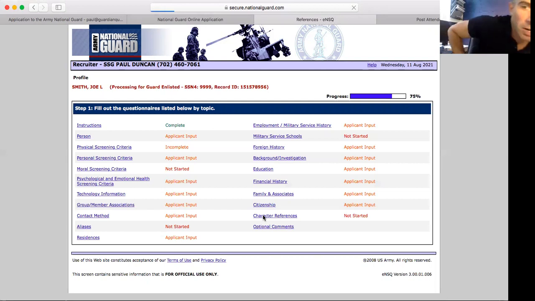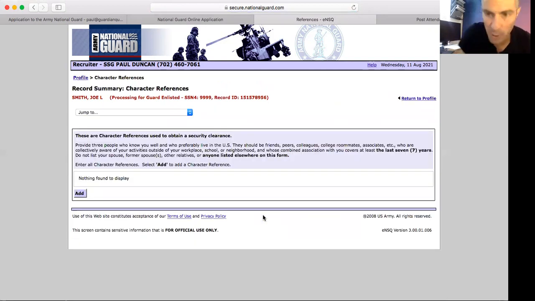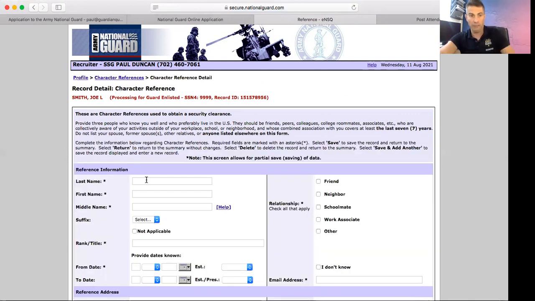Now on the last one, we're on character references. So you have to have at least three character references in here. I'm just going to show you how to do one, but here's how it goes. For the character reference, you have to write in that you've known them for at least seven years. At least seven years. So we're going to go through here. My first character reference is, there we go,